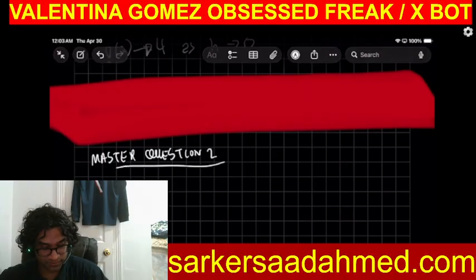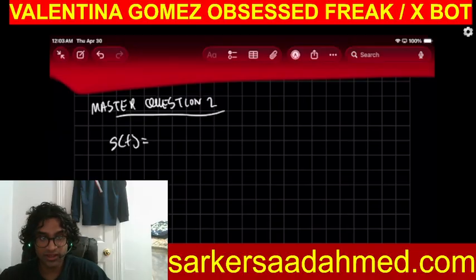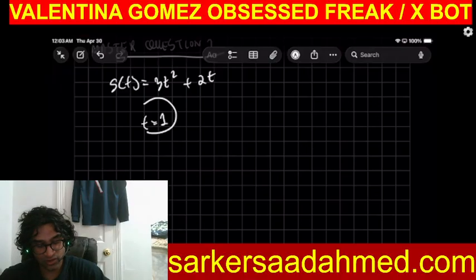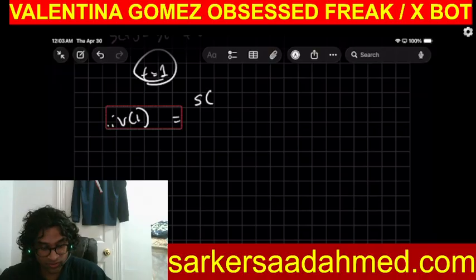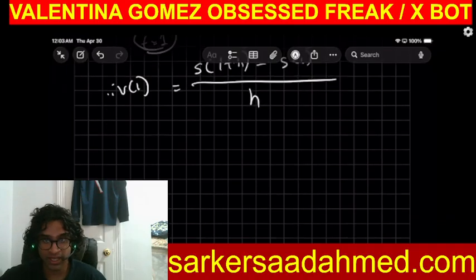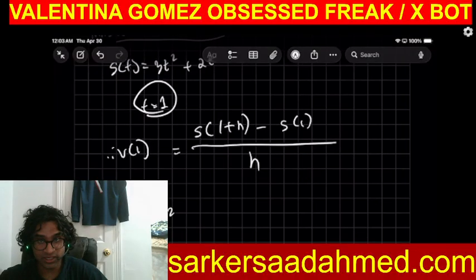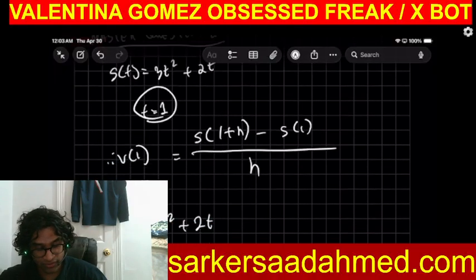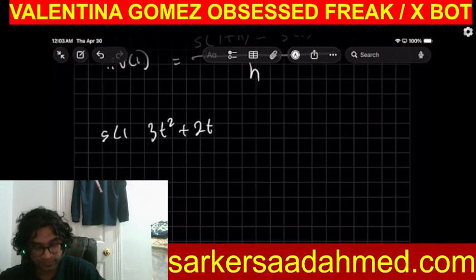Question 2. So s of t is equal to 3t square plus 2t. And we need to find the instantaneous velocity at t is equal to 1. So which means we need to do v of 1. Watch carefully. v of 1 is equal to s of 1 plus h minus s of 1 divided by h. What was your equation? 3t square plus 2t. So if I have s of 1,